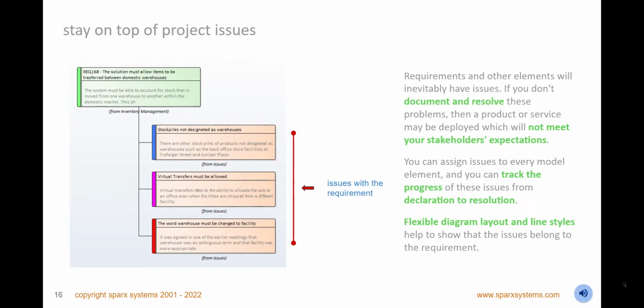Stay on top of requirement issues by defining and viewing a list of concerns with requirements or other elements. Avoid problems with implementation, testing, or production by analyzing and cataloging requirement issues. These issues can relate to semantics, ambiguity, structure, omissions, inclusions, and more, and their early definition and resolution help ensure successful project outcomes.